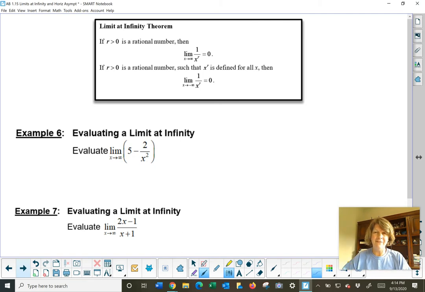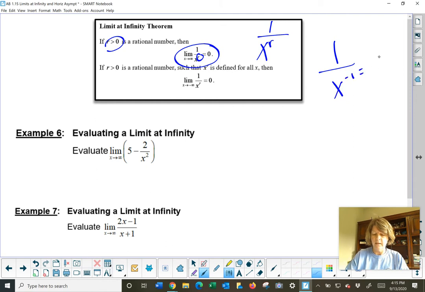The limit at infinity theorem. If r is a rational number, then the limit as x approaches infinity of 1 over x raised to the r equals 0. And because they restricted r to be positive, I know that if r were to be negative, it would change its position, right? If we get a negative exponent, that's saying the same as x over 1, it moves position. So we don't want that happening, so they are restricting r to be strictly positive,